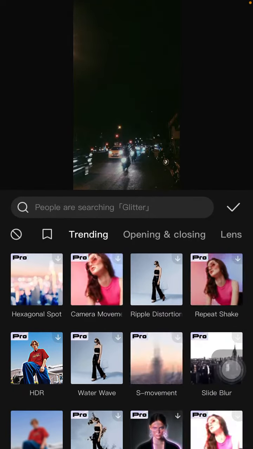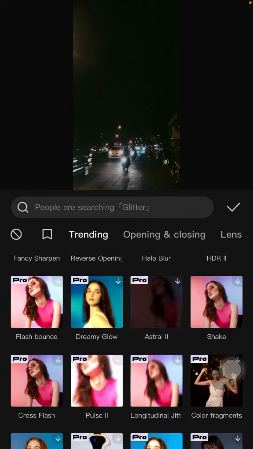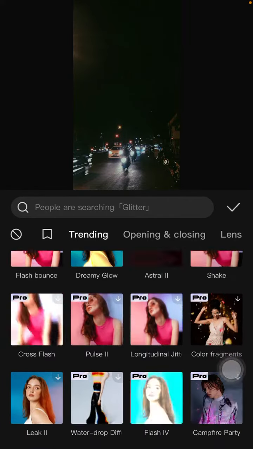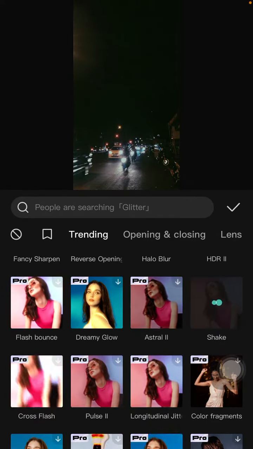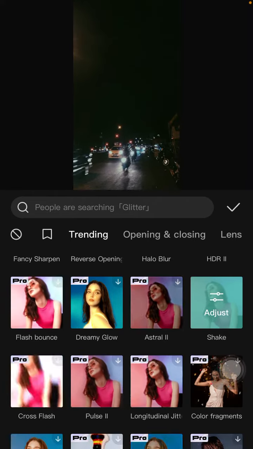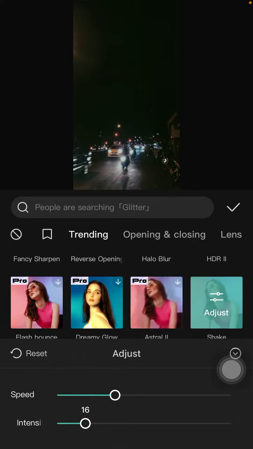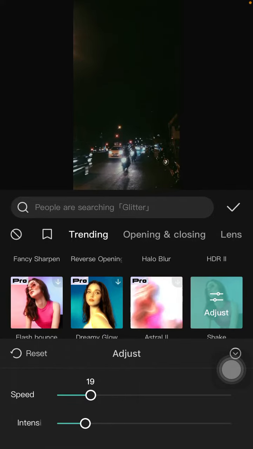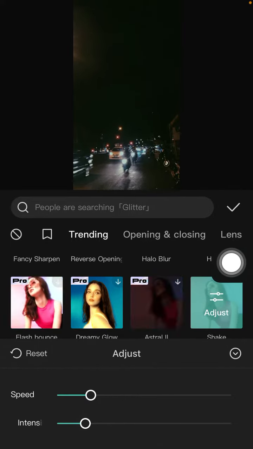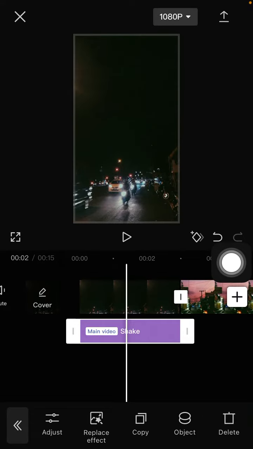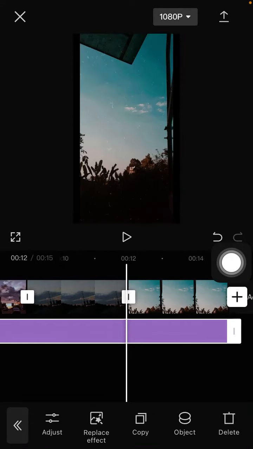So I think you can select the shake effect, just, and for intensity just click check mark, and just for duration,